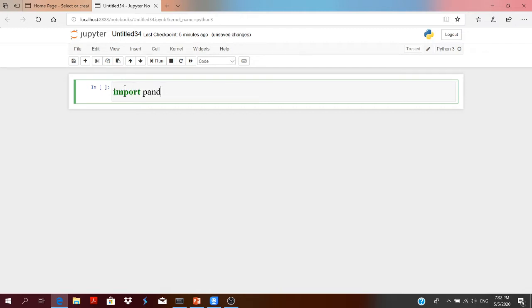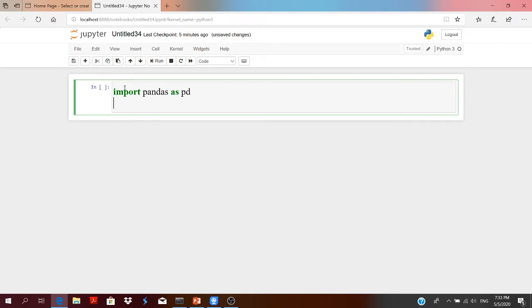Import pandas as pd. left is equal to pd dot DataFrame. id, values of id is a list 1, 2.